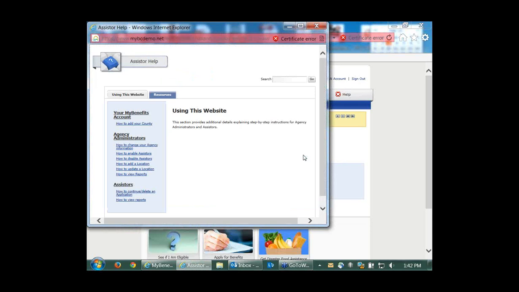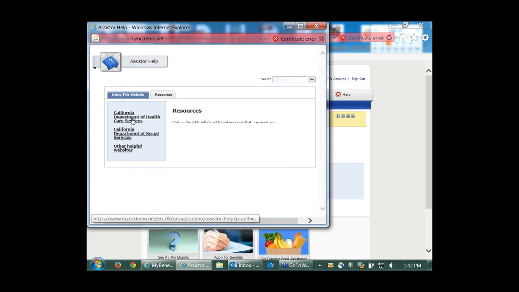This help information is displayed and available only for CBO users and is specific to functionality that a CBO user could take advantage of when using the website. So the various pieces of functionality that I'll walk through here today is documented here within the Assister help area. And then there's some links in terms of resources, just some links for different websites and things that you could take advantage